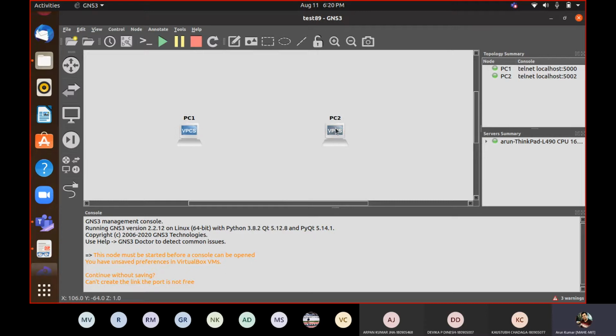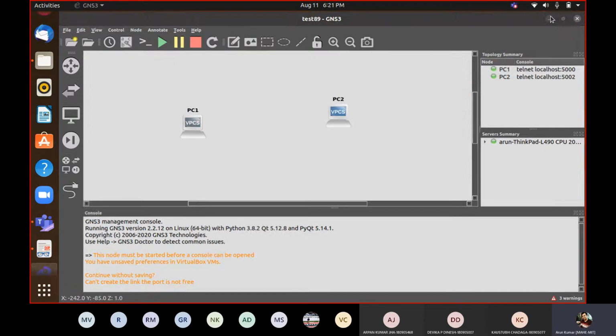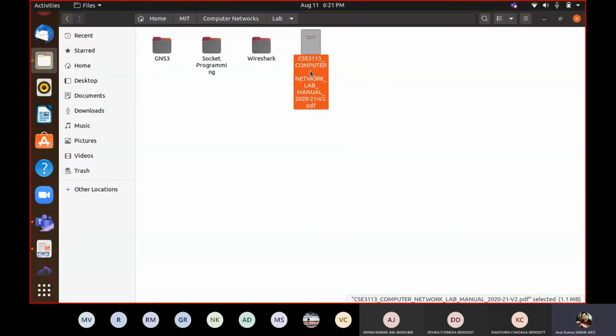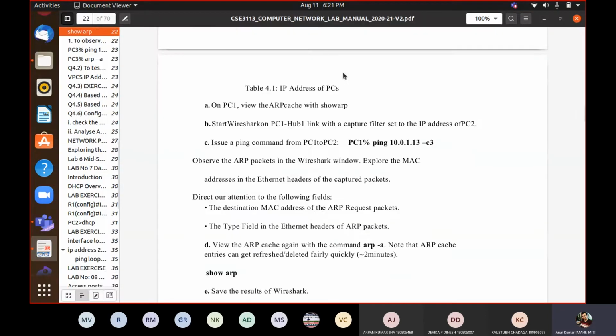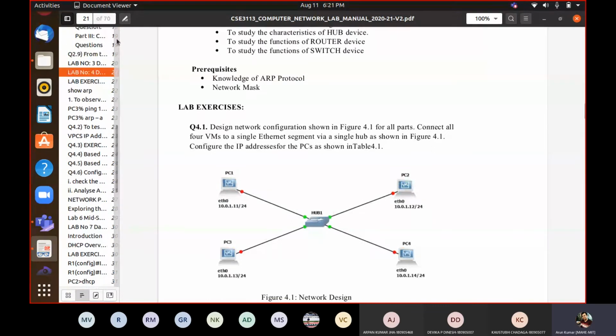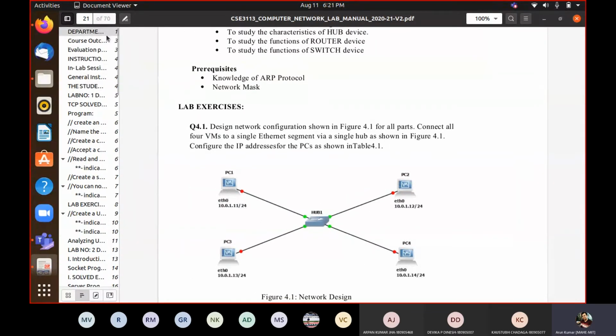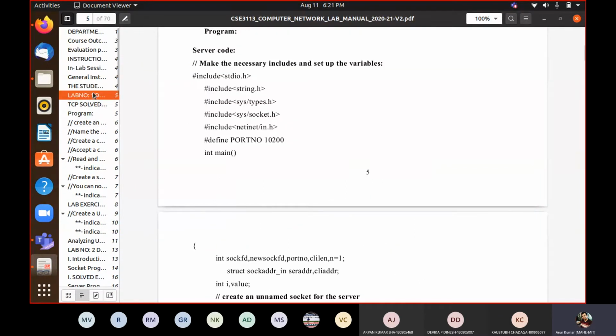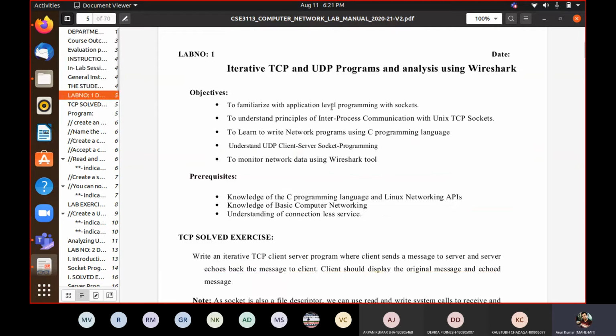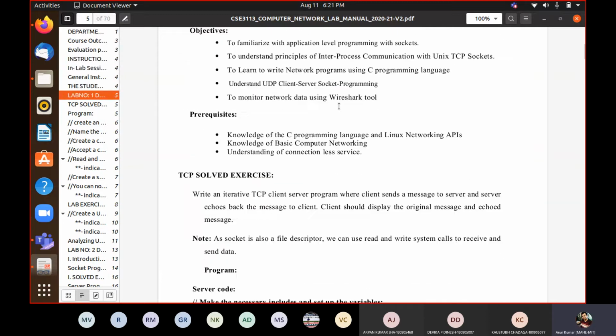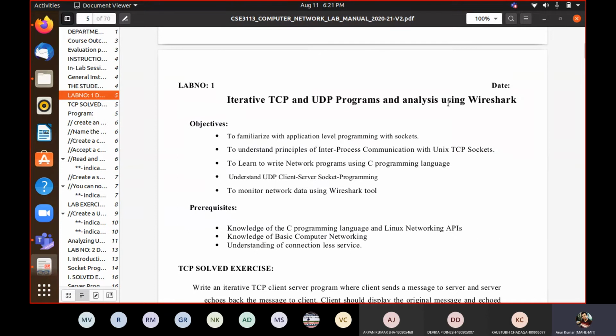Now what we will do for this first lab, I will show you that lab manual. This is the lab manual. I will share it with you. Iterative TCP.